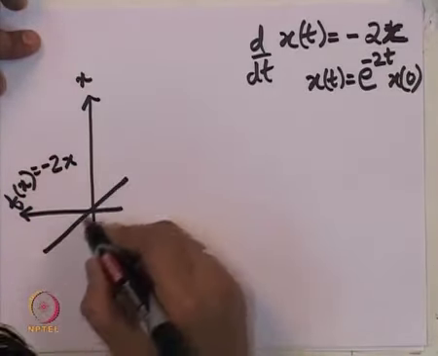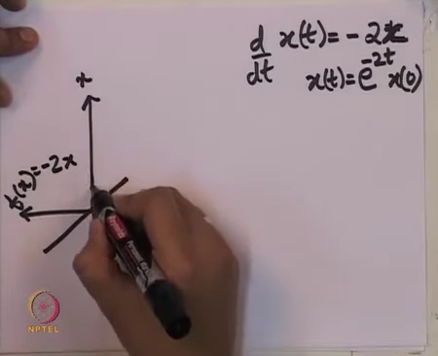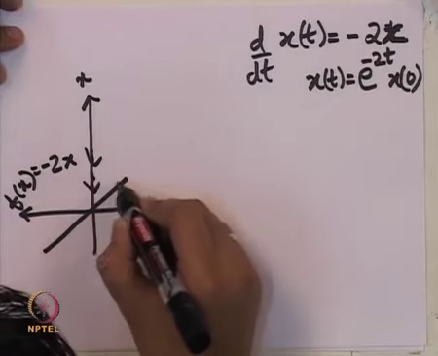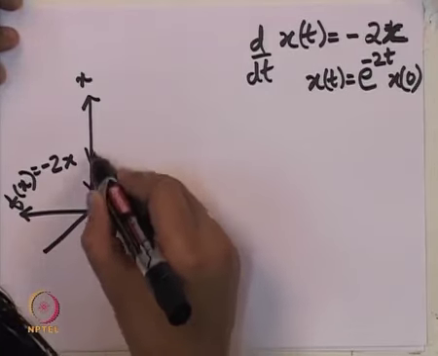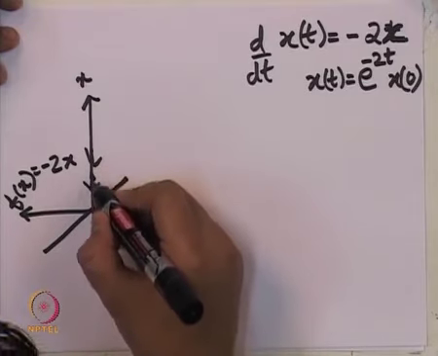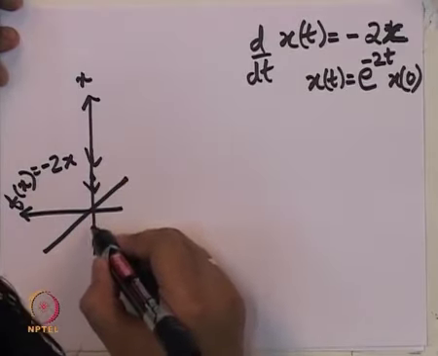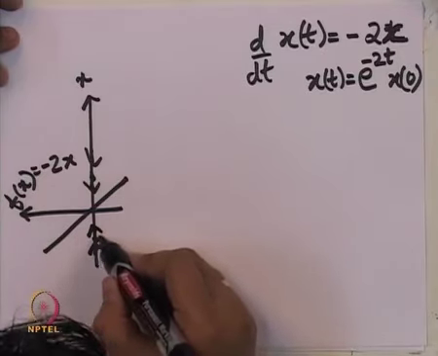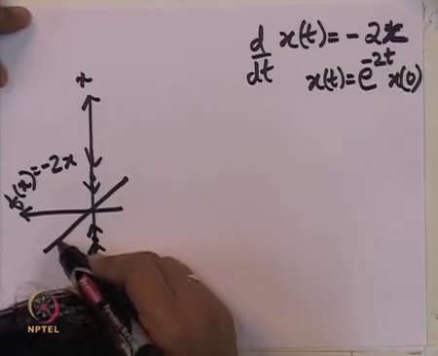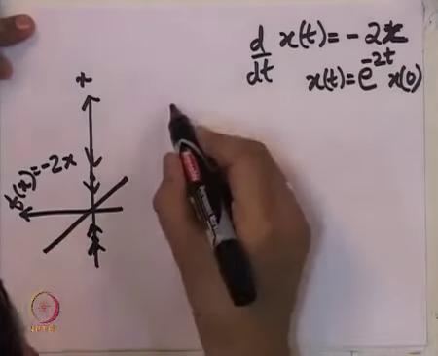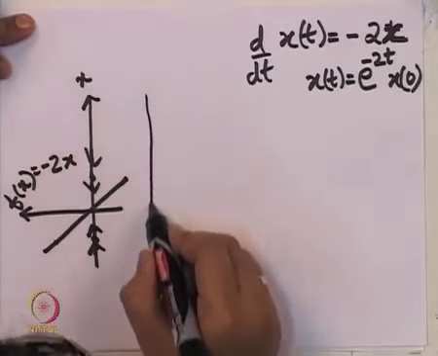So, we see that this is a line with negative slope, and hence for positive values of x, because f of x is negative, all arrows are directed towards the negative direction of x. In other words, x dot is negative. On the other hand, when x is negative, if you want to decide where to draw the arrows, because f of x is positive, we draw it in the positive direction of x. Now, we will study how the solutions look.